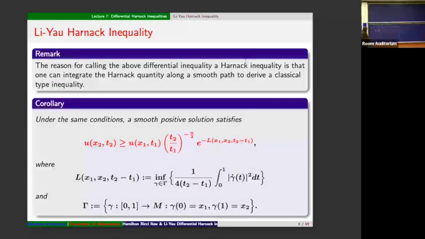This is the Harnack inequality when this one is integrated along the path. This equation in red is what we have. Let's write it down because we'll mention it. So U at x2 ... C1, put this way. So after this, the corollary from this gradient estimate is this classical